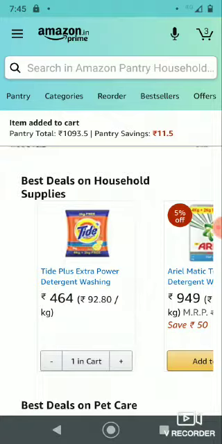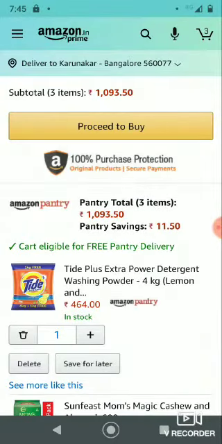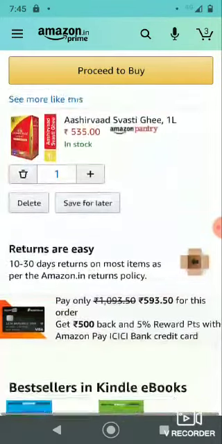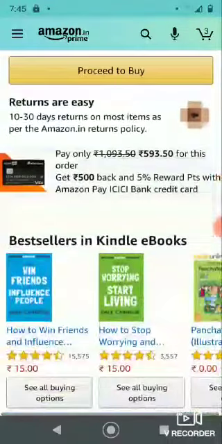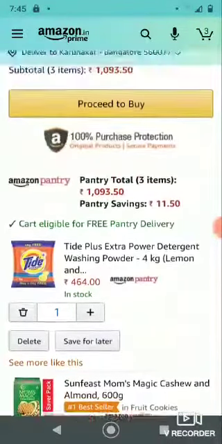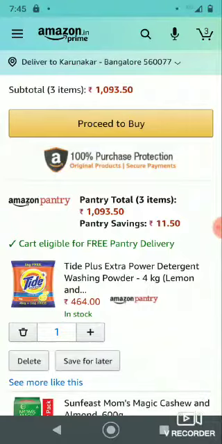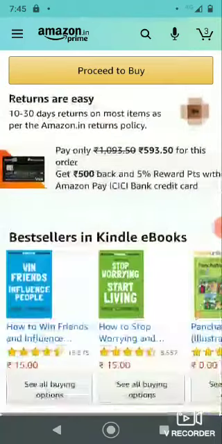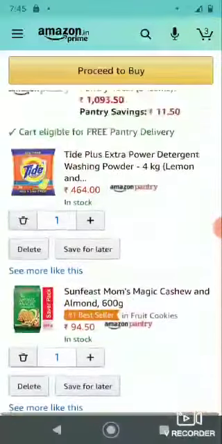Now where do I see my items? Here, if you see the right side top corner, the number 3 is there, that is the cart option. If you click that, you can see whatever items are selected by you, and also you can see the amount, right? See, so the total amount here is 1093 rupees. So you also have a savings amount here, that's a great deal. Yes, next, after selecting it, finalize it, then proceed to buy.